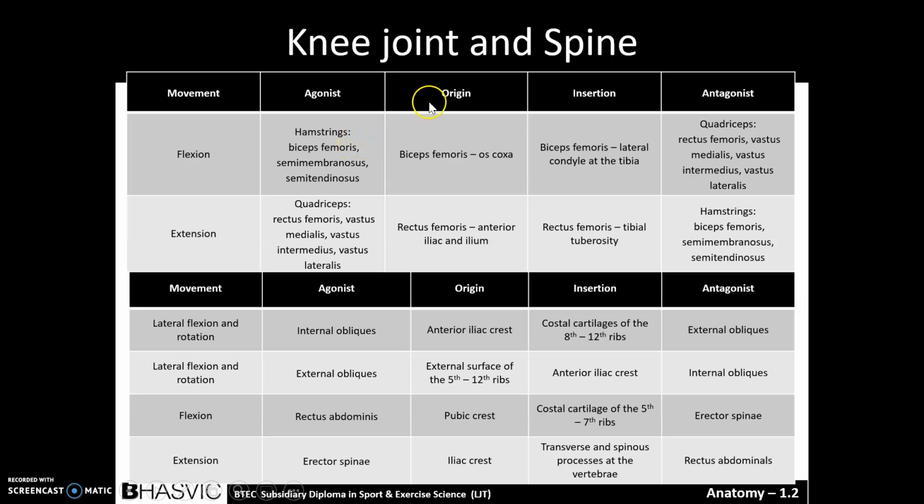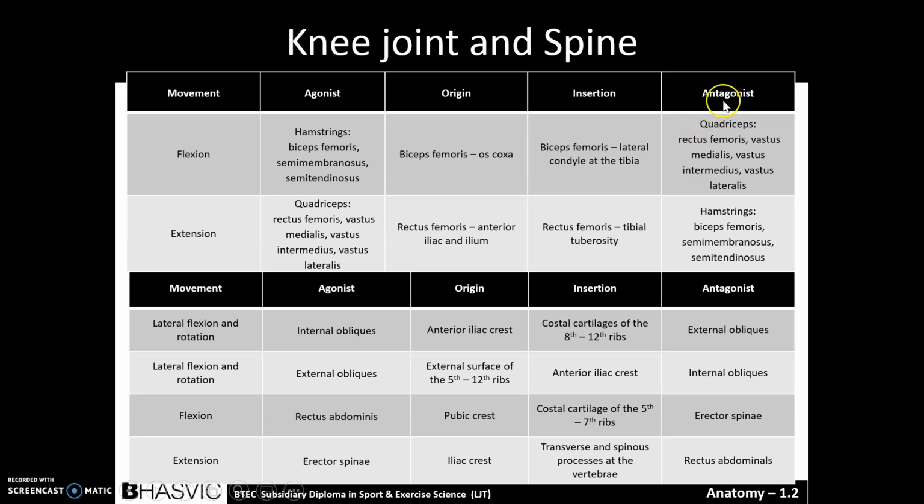specifically, as it is responsible for creating the most movement, is the most important one of the three muscles that make up the hamstrings. And the origin of the biceps femoris is the os coxa. The insertion of the biceps femoris would be the lateral condyle at the tibia, and the antagonist of this movement,